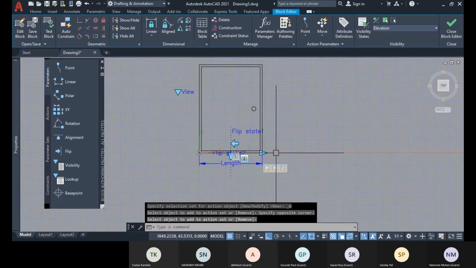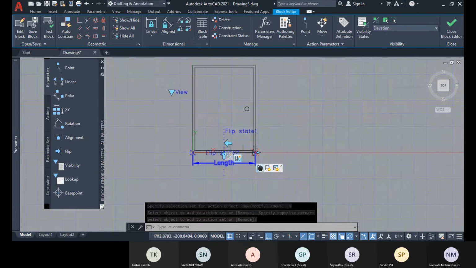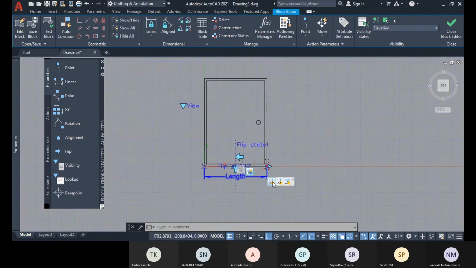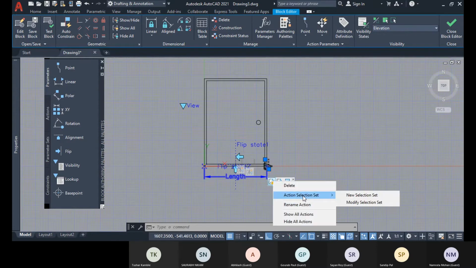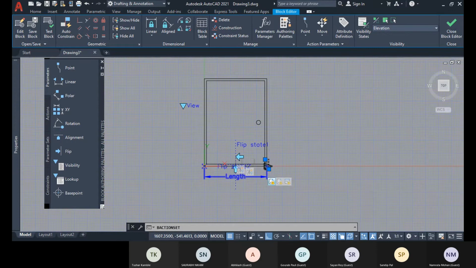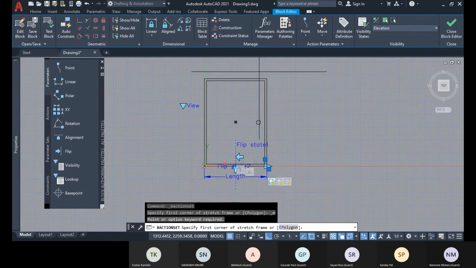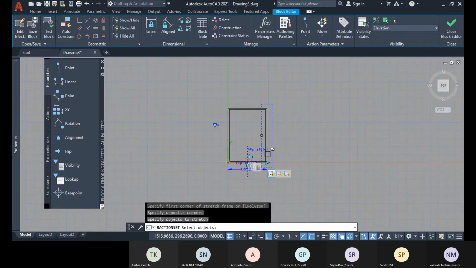And now for these ones, for stretch, select this, right click, action, modify selection set. So this will be the stretch corner.